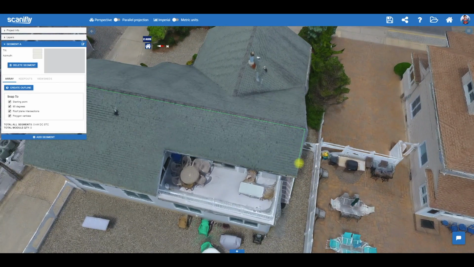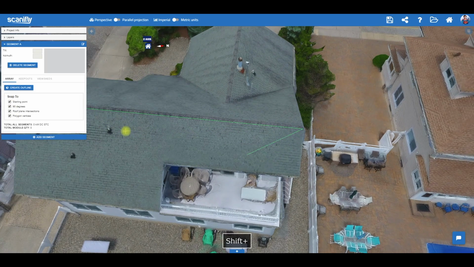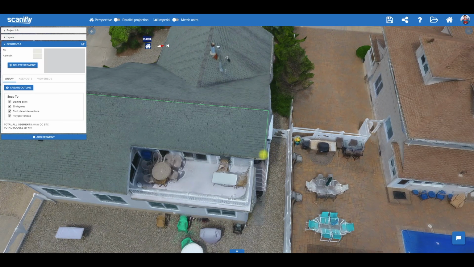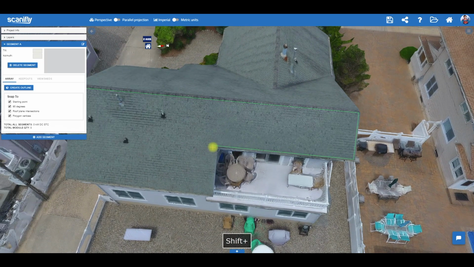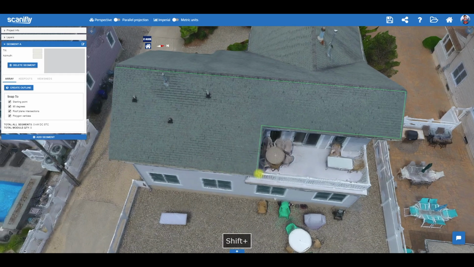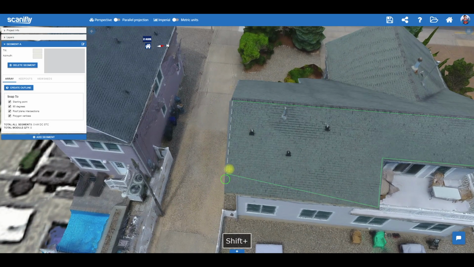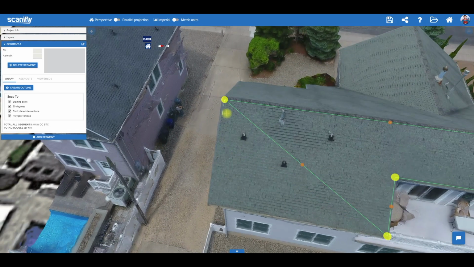Notice that there's a 90-degree snap when you're creating this polygon here, and there are a few snap-to toggles here that you can turn on and off. They're on by default to make it easy to create this polygon, and also there's less post-processing in CAD, since these lines that we're creating are at 90 degrees. There's that dotted line there. That's 90 degrees from that start point. So let's select there